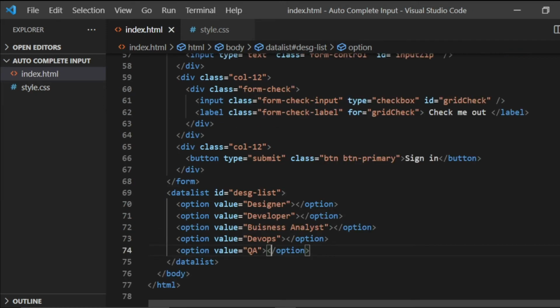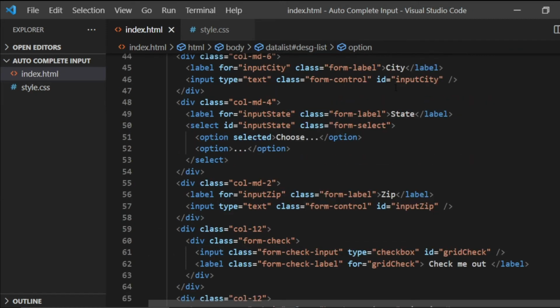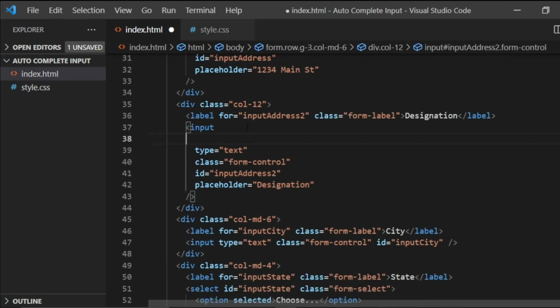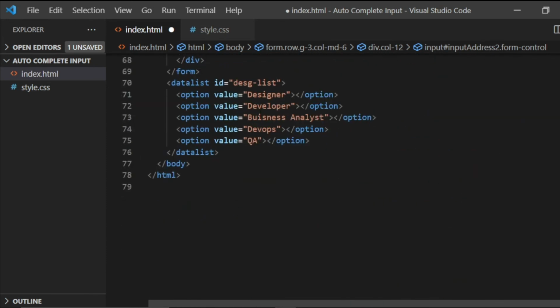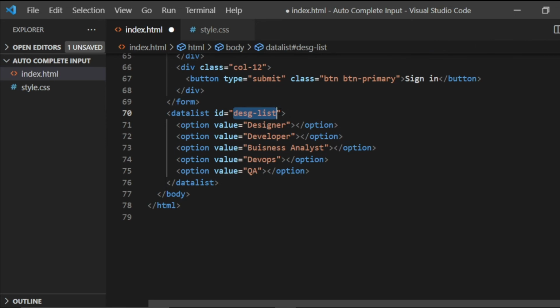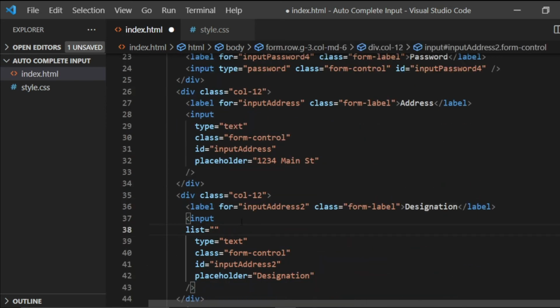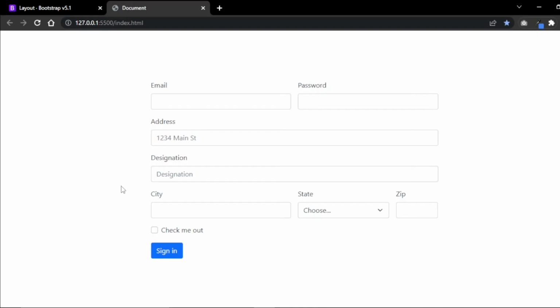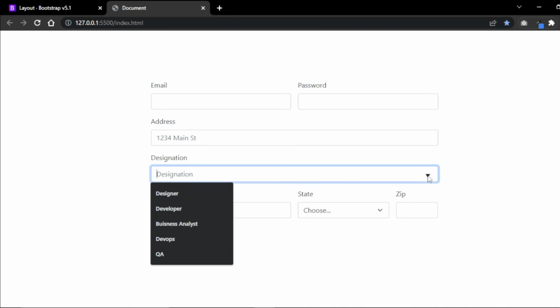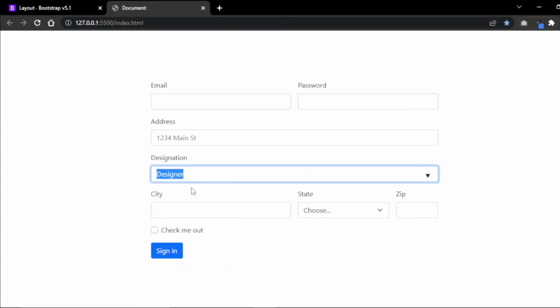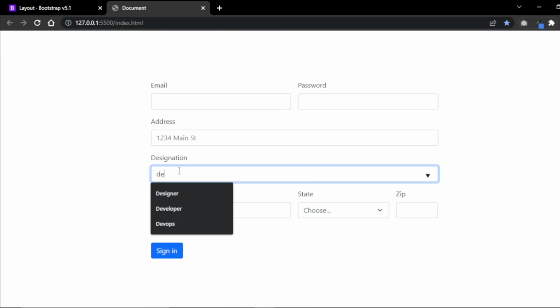So let's go to the input field, and inside that input field let's add list, and here we need to mention this ID. Let me copy and paste it. Let me save it and show it in the browser. While you hover onto this designation field, you may see a little icon in the right side corner. If you click on this, you will get all the suggestions. You can select anything from the list, or if you start typing, it will show the appropriate